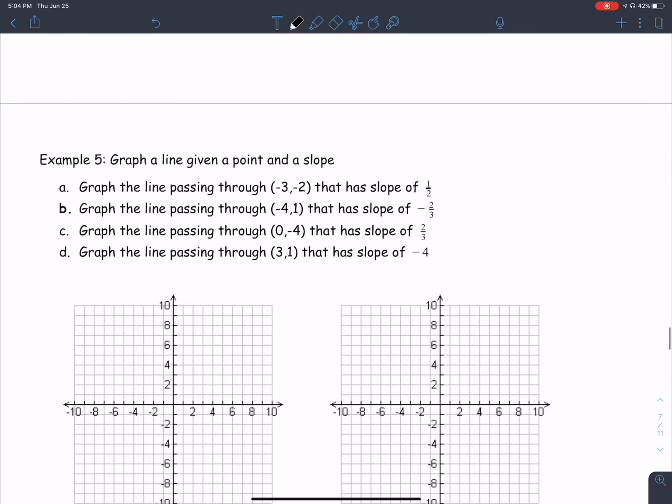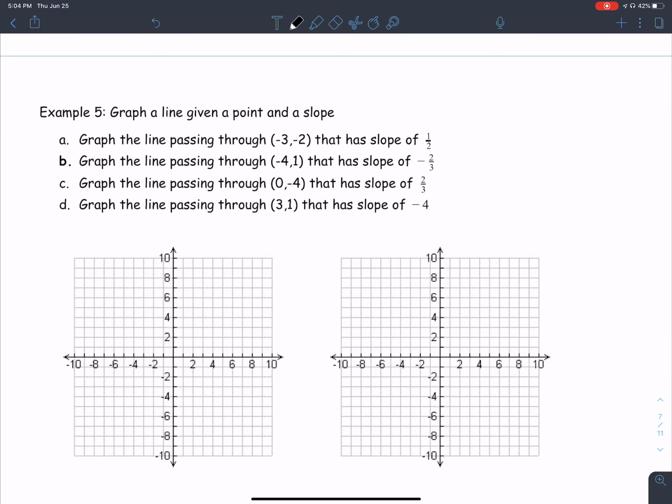Okay? All right, so we're going to graph some lines. We want to graph a line that's passing through this point and has this slope. So we start with our point and then we use our slope to move. Remember, slope equals rise over run. So we rise before we run. Now, if it's negative, I always say we fall before we crawl,